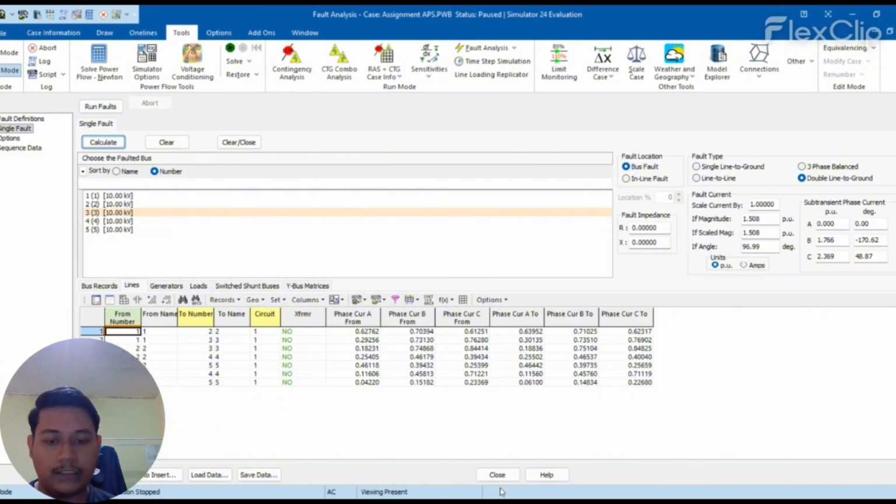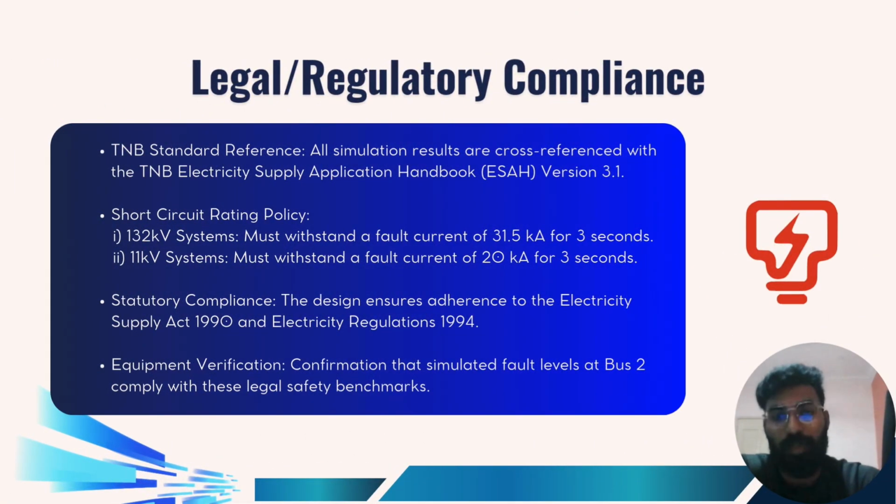Hello, my name is Pritish Nayanarakandan and my metric number is B1124100201. So now that we have covered our technical modeling, let's look at the legal and regulatory framework that governs